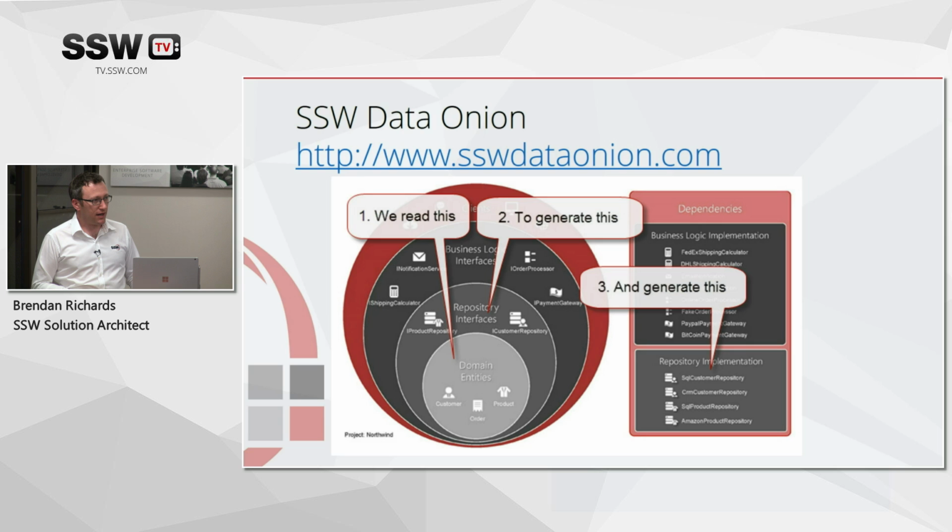But certainly, it gives you a starting point, the base repository that's common to most things, and then all those classes are partial. So we build onto that interface that we get by default, we build in more functions and build out that way. So that has saved us time, and it's available in SSW Data Onion. It's currently available for EF6. We're digging through what we need to do to get it to work in EF7. But there are missing features right now, so it's hard. But we are working through that pain.